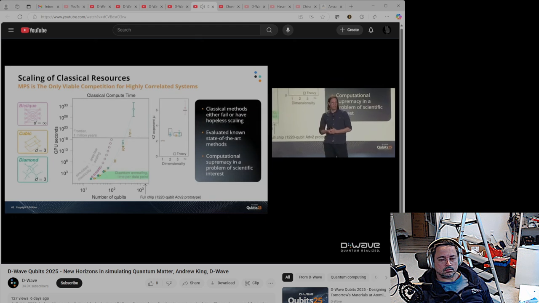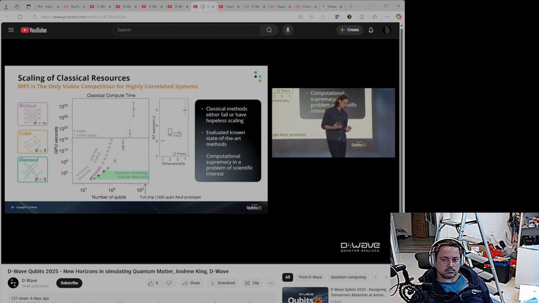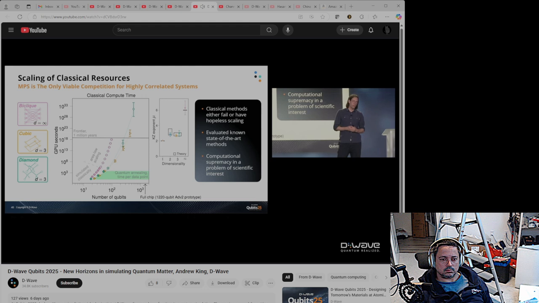So let me get back to scaling. Assuming that you're not in this fast anneal limit and you have long correlation length, then what limits the simulability is entanglement. So you have to capture entanglement in the system. And the best way to do this is with a tensor train or matrix product state. So MPS is the method that we used. And if you're using MPS...